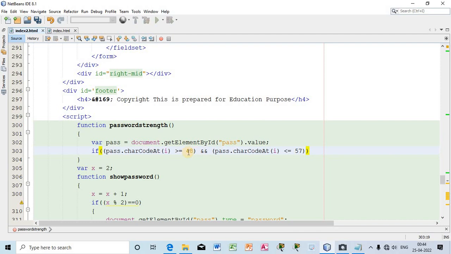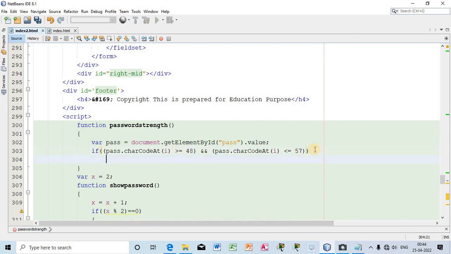So if the value at i is more than or equal to 48 and less than or equal to 57, then